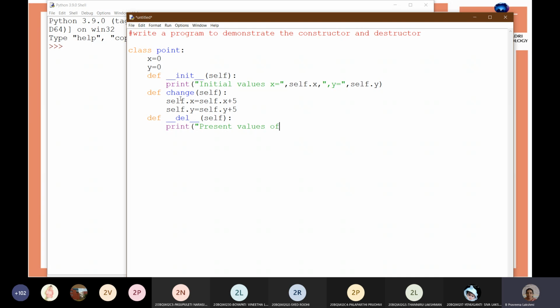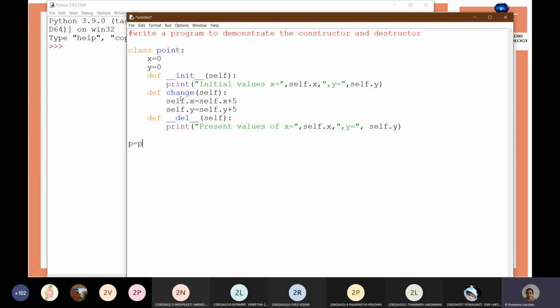Present values of x, comma, y equals, self dot x, self dot y. The destructor is over.